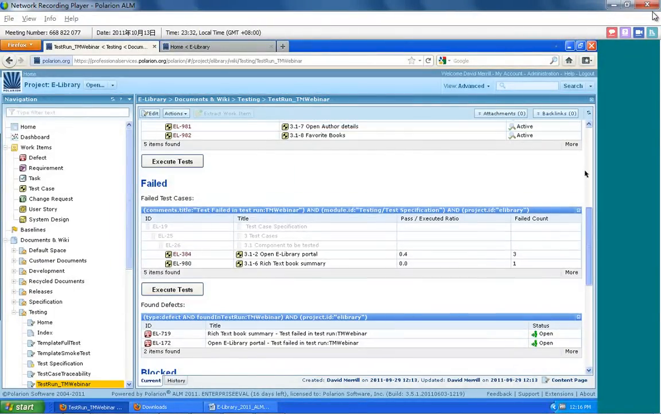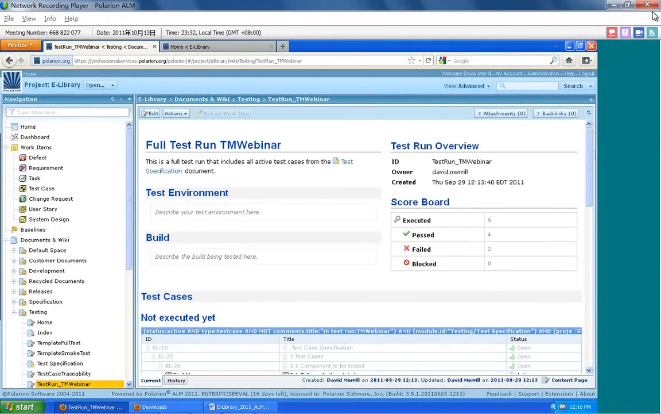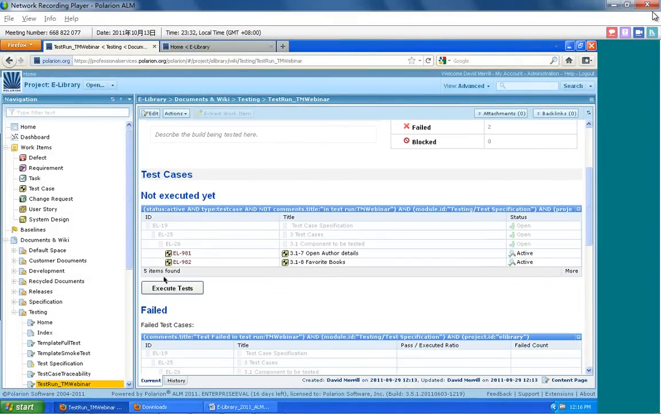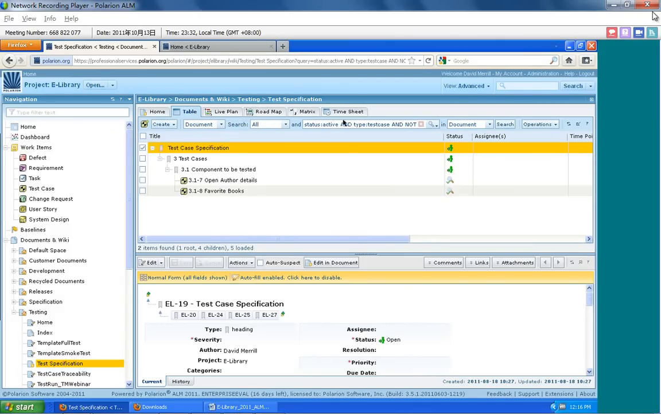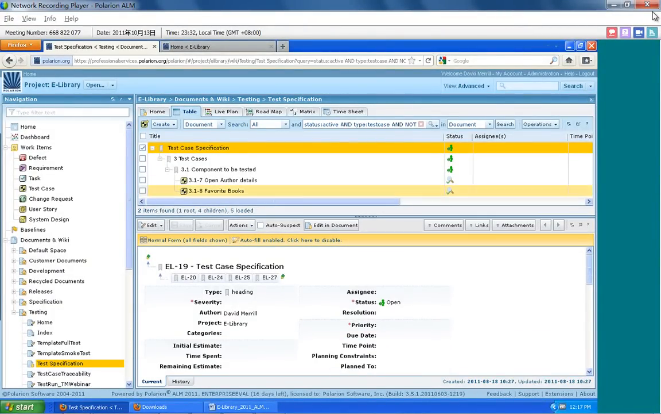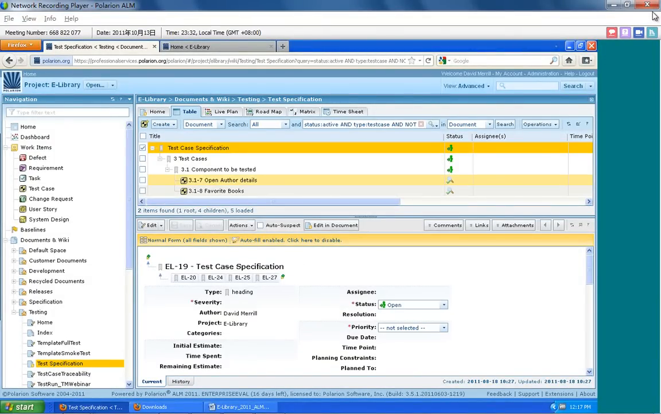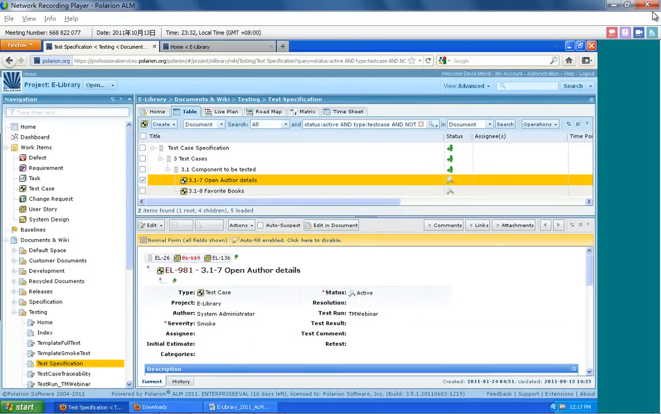But essentially here, once development has been done against the requirements that have been approved, then these test cases are executed. So we'll execute a test against these 2 test cases, EL 981 and 982. I just click a button and it enters me into the table view in a specific context associated with those 2 test cases. And so from this view, I can move,